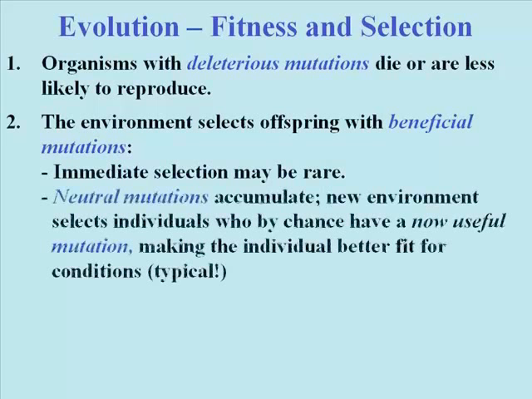More likely, most mutations in organisms that survive are initially neutral, with no effect on individual fitness. The individual spreads these kinds of mutations by reproducing, but the progeny are no more fit than the parent. A neutral mutation might be recognized as useful much later, when environmental conditions change, we would say to prepare, or rather to favor the prepared genome.